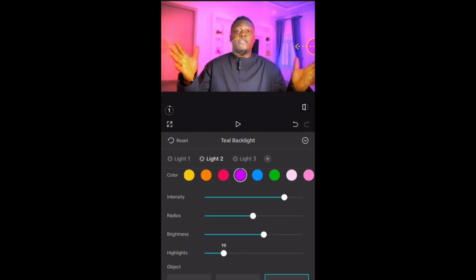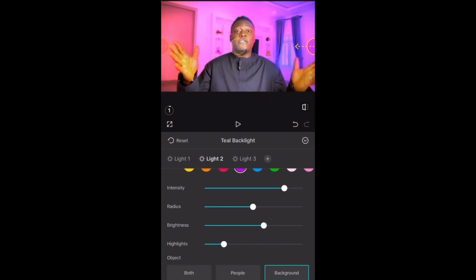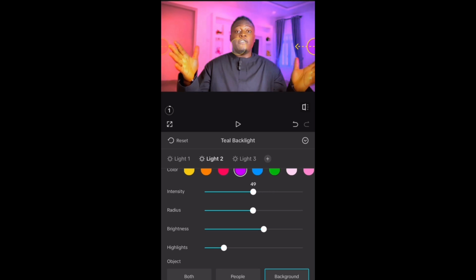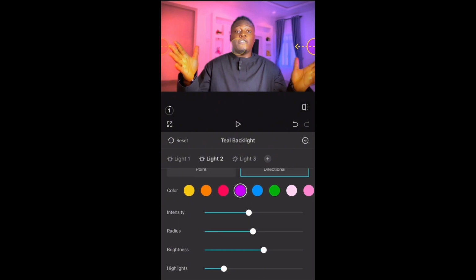So I will reduce this highlight a little bit, and the intensity for this one I will reduce it a little bit so that it will look more okay and more real, right? And you can also go to light 3. Light 3, you can work on light 3, but I think I need to select blue so that it will balance where blue makes sense in this. So I think the blue is not really gluing, so let's try green a little bit,